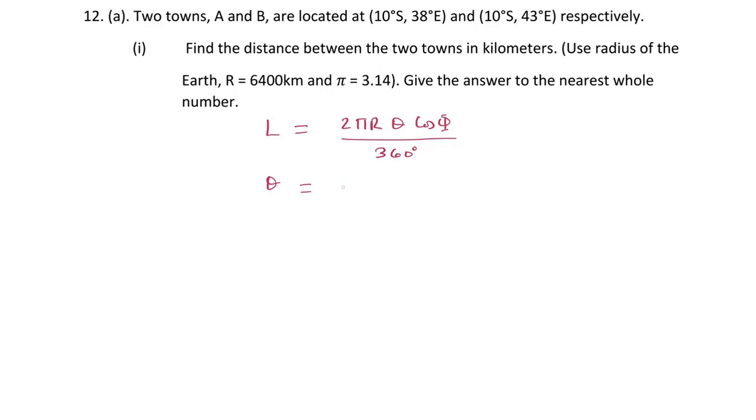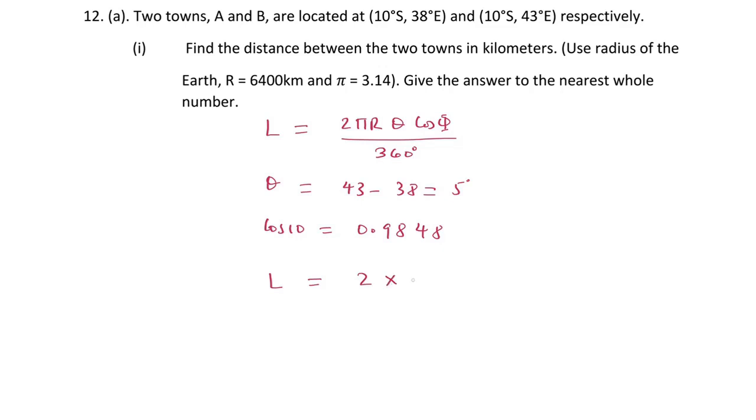Then we are going to take 43 minus 38, which equals 5. And phi is the common latitude of the towns, which is 10. Then reading cos 10 from the table equals 0.9848. Then substituting these values, our equation is going to be L equals